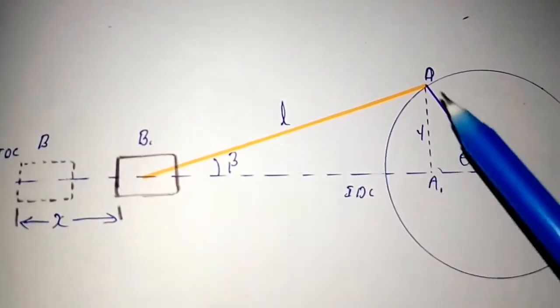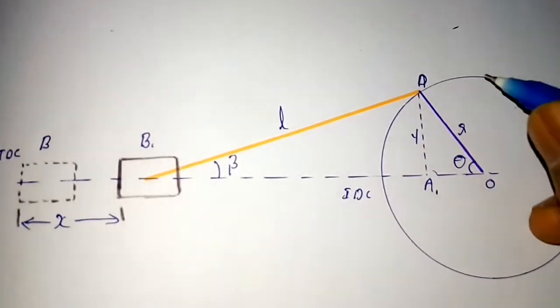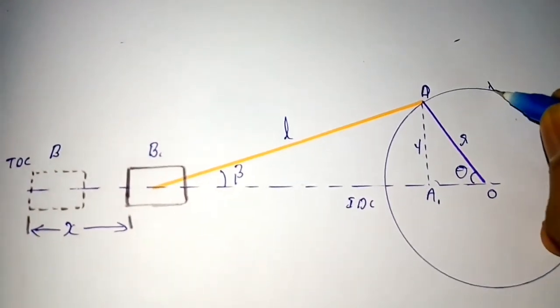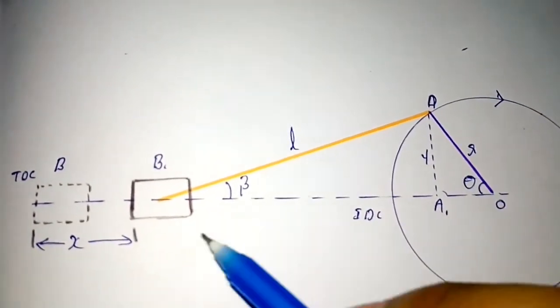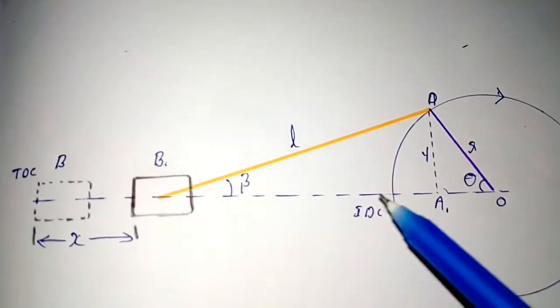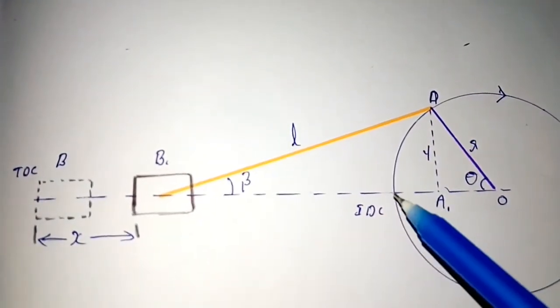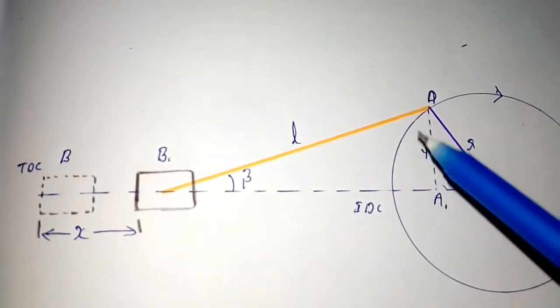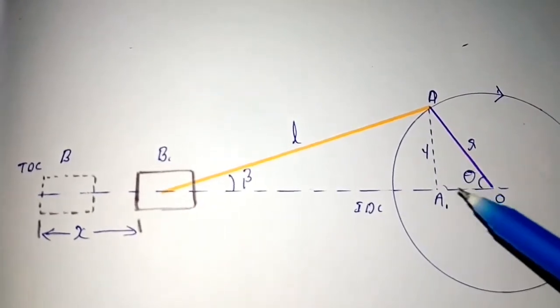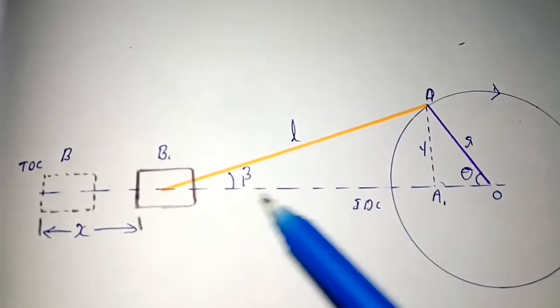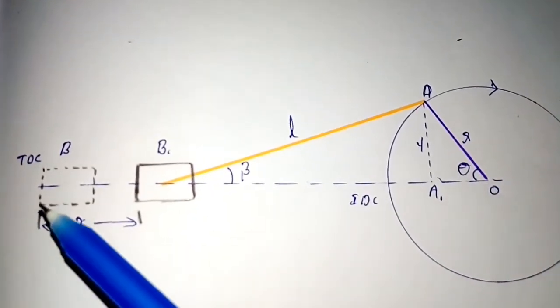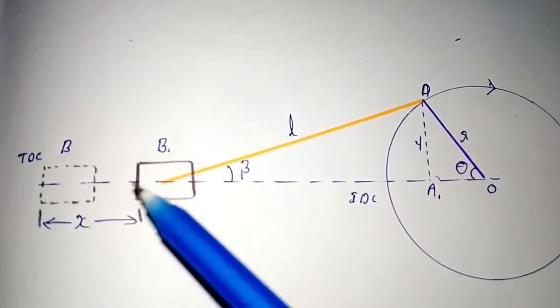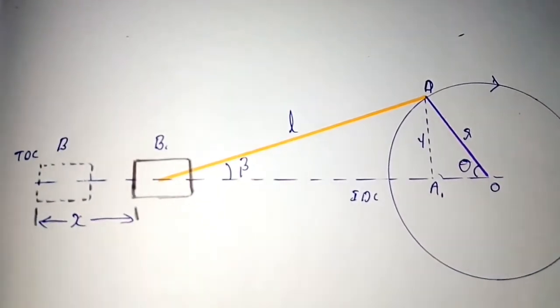And you can see that the crank is rotating in the clockwise direction. So the piston will be at the TDC when the crank is at the inner dead center, or IDC. So as it moves from the IDC, which means theta gets increased, the piston will move from TDC and it will move towards the BDC side.